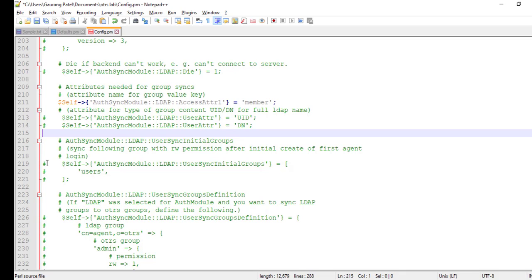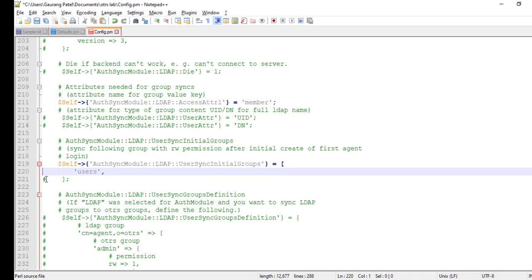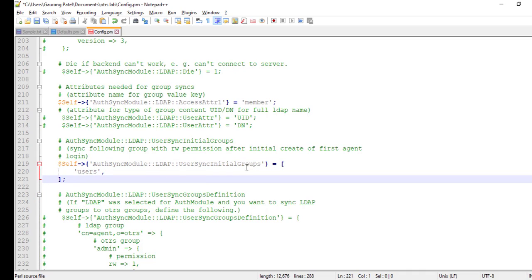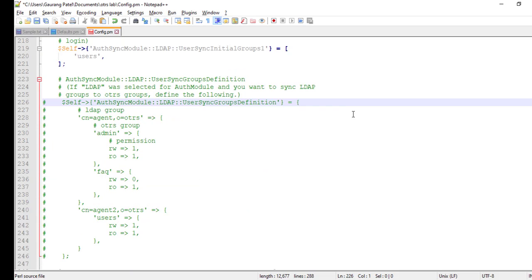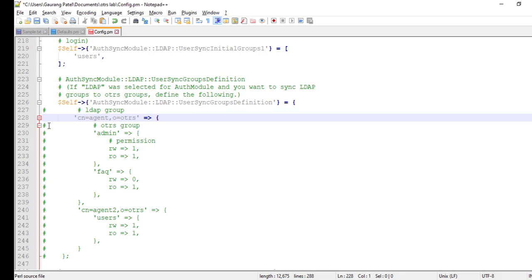Uncomment this one and put 1 here because of user sync initial groups. Go ahead and uncomment this.